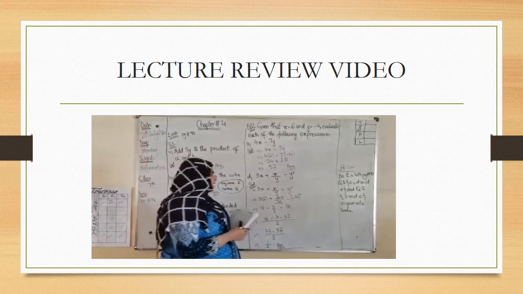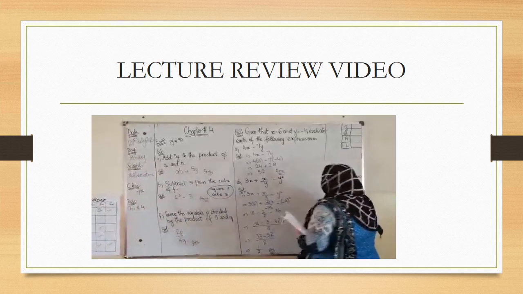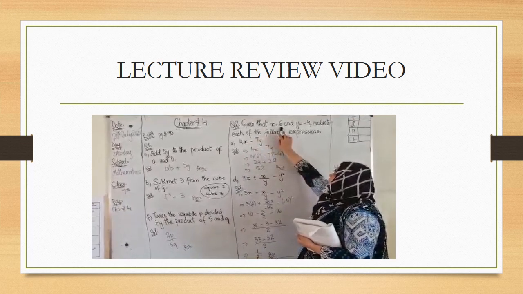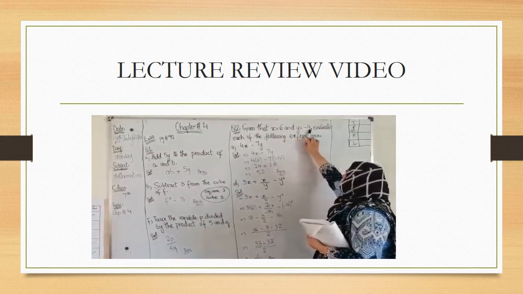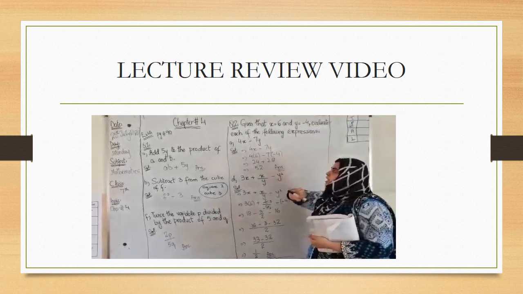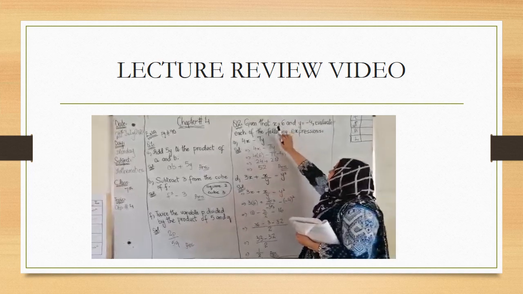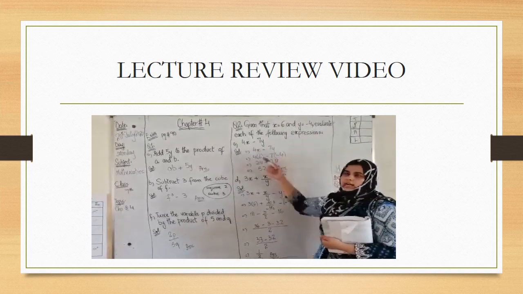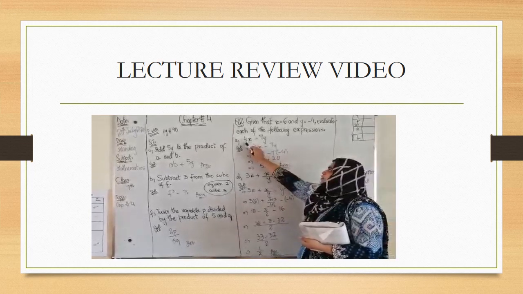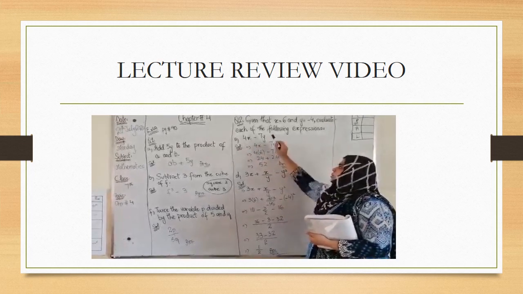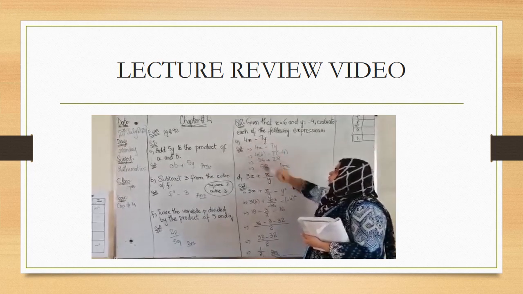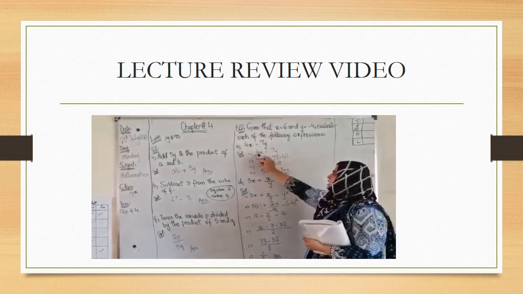Now class, look at question number 2. It says: given that x is equal to 6 and y is equal to minus 4, evaluate each of the following expressions. We have to put the values of x and y in them and find the answer. For part 1, the expression is 4x minus 7y. We have to find the answer by putting in the value of x and the value of y. We are writing the question, 4x